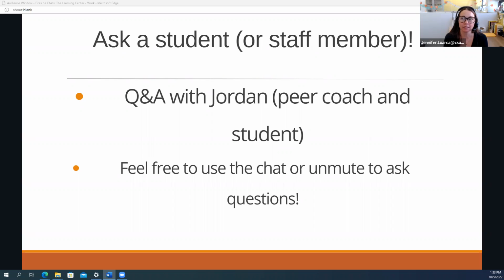Tutoring, we typically will have tutoring for lower division courses. As I said earlier, if you Googled CSULB or the Learning Center at CSULB, it will pop up our webpage and you'll see on the left-hand side a tutoring tab. You can click there and you'll see drop-in tutoring, and that will tell you the schedules of what subjects we have and when that's available.